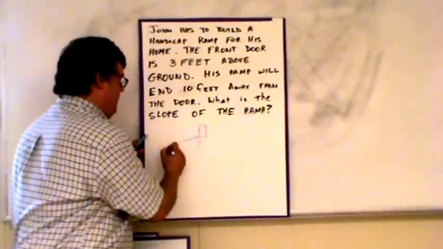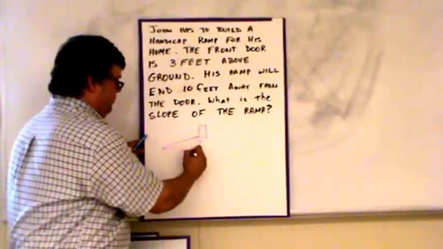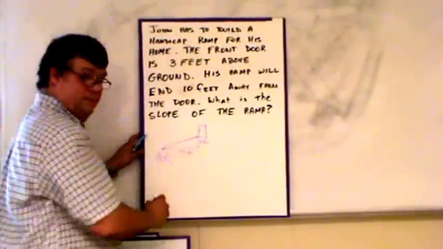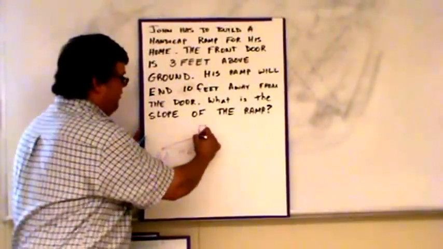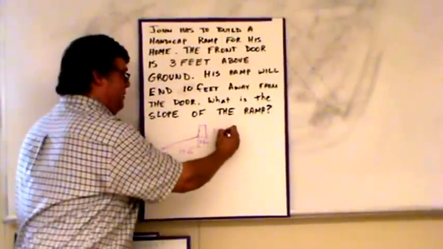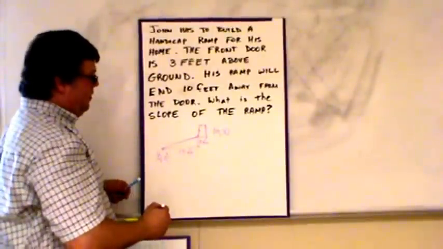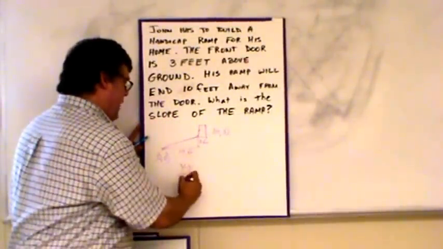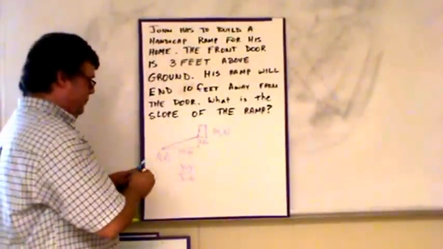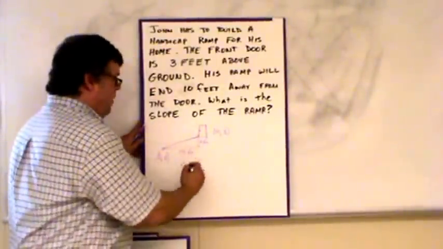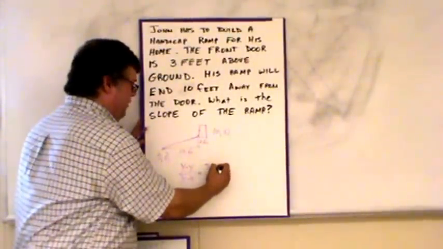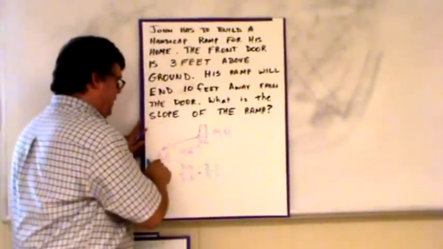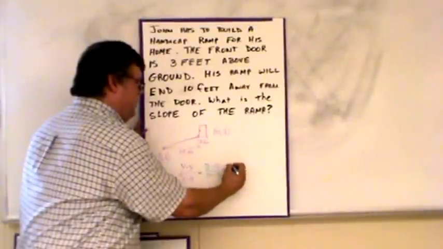Here's the door. It's 3 feet above and 10 feet out. I'm going to call this point 0, 0. That makes this point right here 10, 3. I now have 2 coordinates. I can use my y minus y over x minus x formula. So I'm going to have 3 minus 0 over 10 minus 0. x, x, y, y. Which gives me a slope of